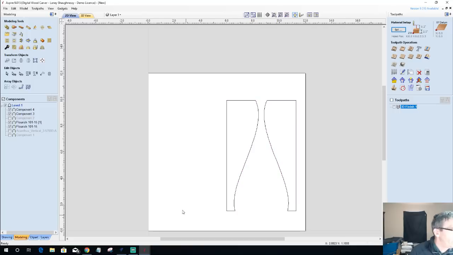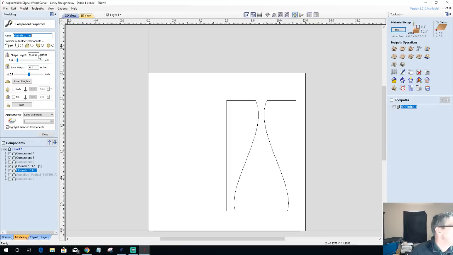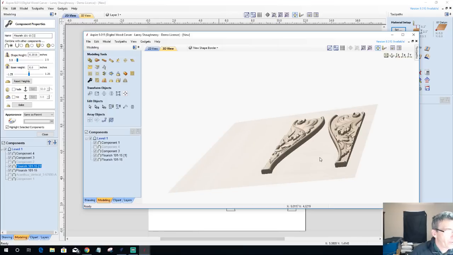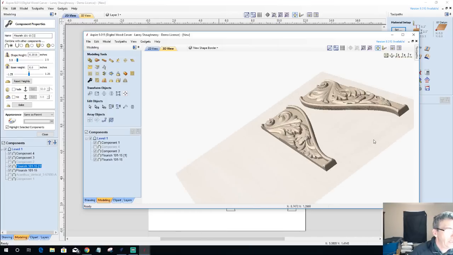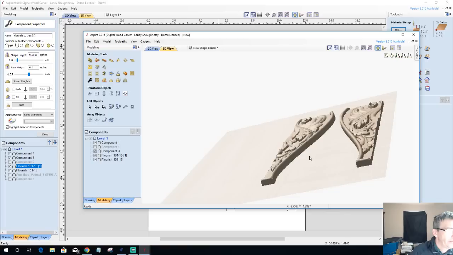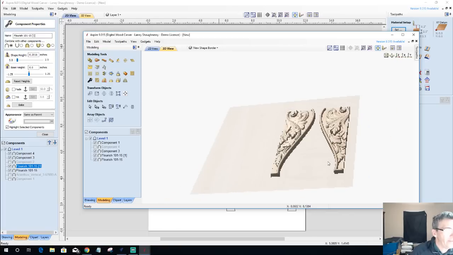that 0.2017, let's go into our other Vectric program here and let's look at our flourish components. If we go into the properties of that, that was the shape height 2016, shape height should I say 2016, and I wrote down 2017. I don't know why I added that 1/1000th of an inch, but still gets me close to where I want to be. So now I've got my proper two side pieces that I can create my 3D rough cut, 3D finish cut, and of course I need to